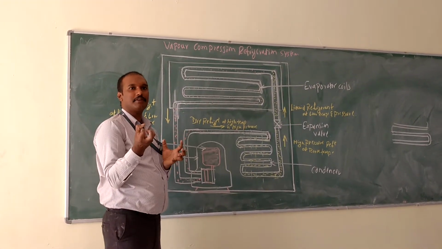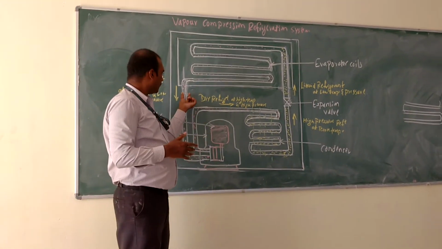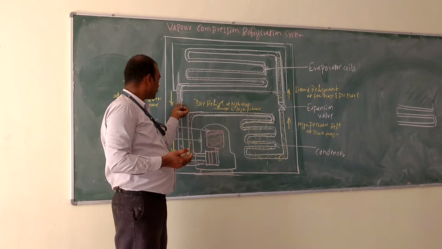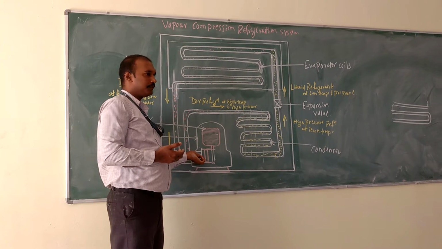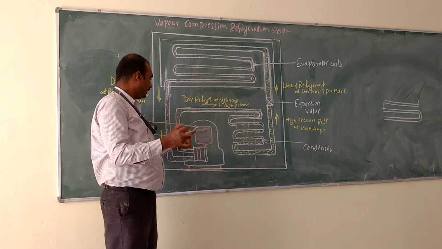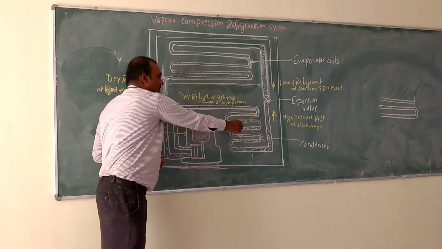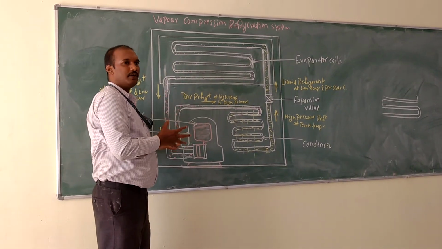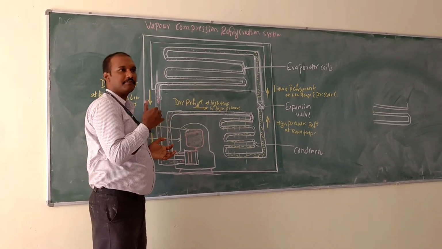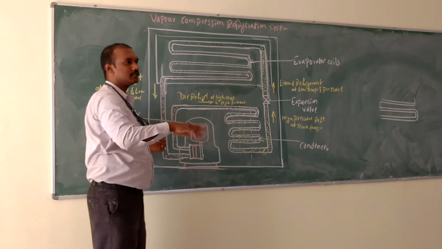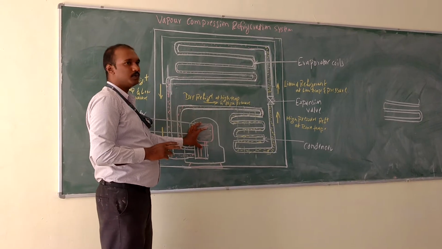The compressor takes air from the atmosphere and compresses it to high pressure. Here, instead of atmospheric air, it is taking the vapor refrigerant, sucking it into the compressor and compressing it, and the high pressure refrigerant will be passed to the condenser coil. Why we use a compressor: when it passes to the condenser, the pressure of the refrigerant should be high so that it can be circulated very fast. For that, we use this compressor.